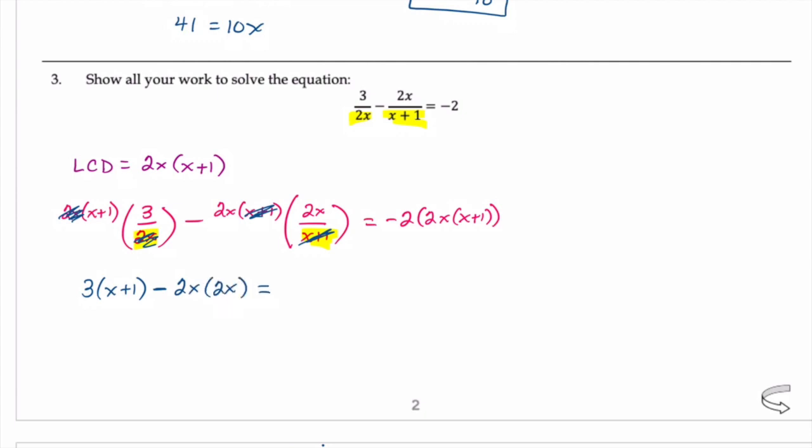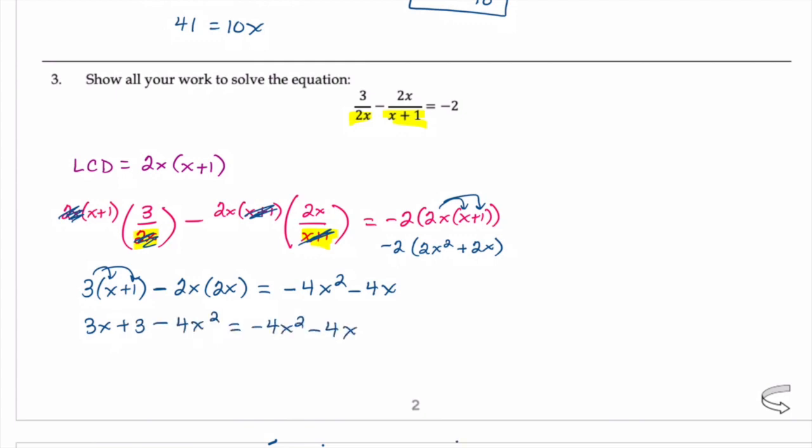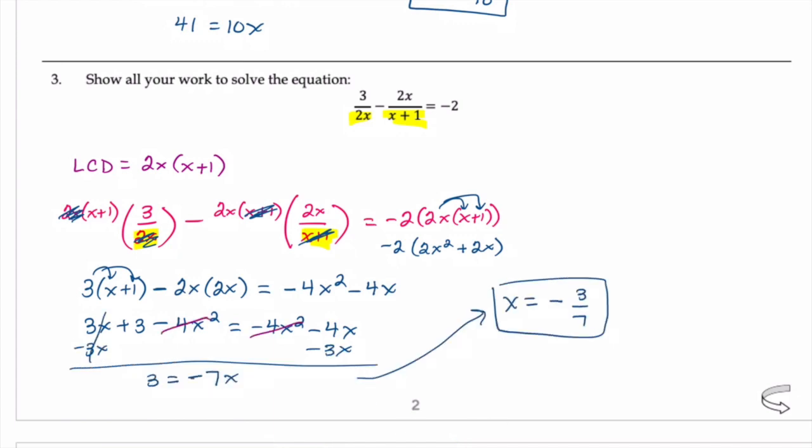Equals, now here let's just distribute and combine like terms. All right, so we would have negative 4x squared minus 4x. Let's keep multiplying, and let us go to our solving. Okay, so for this one, my final answer is x equals negative